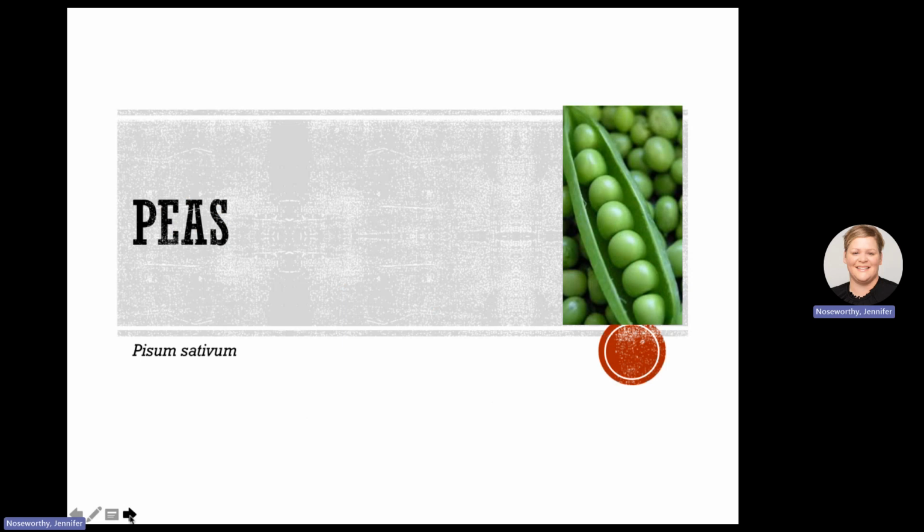So if we start our discussion, we'll look at the category of peas, and peas have one genus and species that was domesticated, most common in our diet, Pisum sativum, and this might be familiar to you as the garden pea or a split pea.